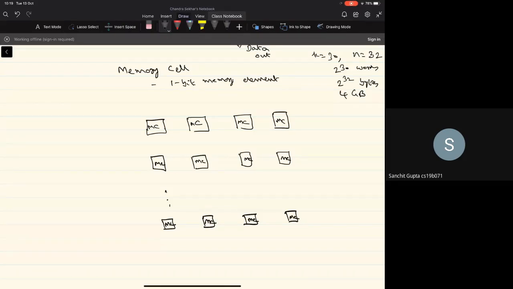How many such cells are there? 4 cells in each row, and this is row 0, this is row 1, and so on up to row 7. And here it is columns 0, 1, 2, and 3. So this gives us a 2 power 3 by 4 bit memory unit.